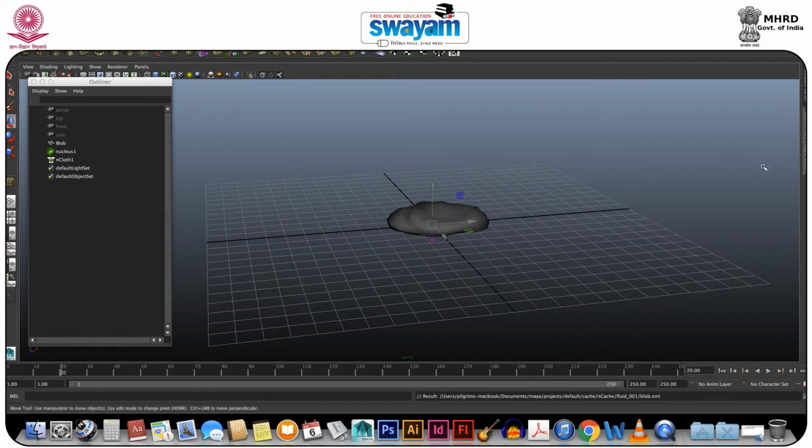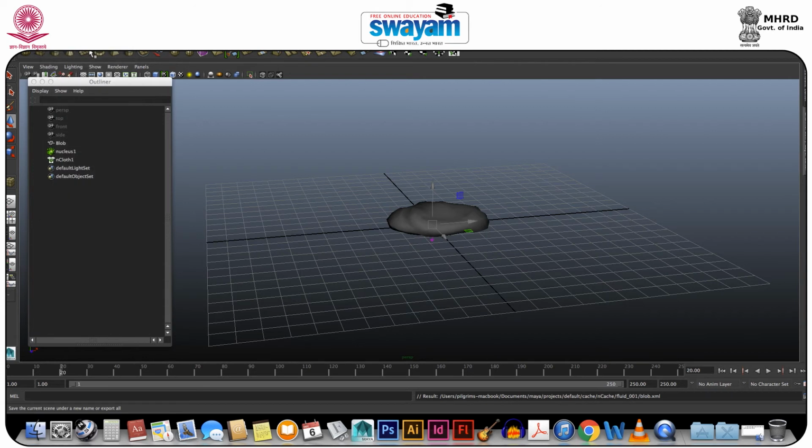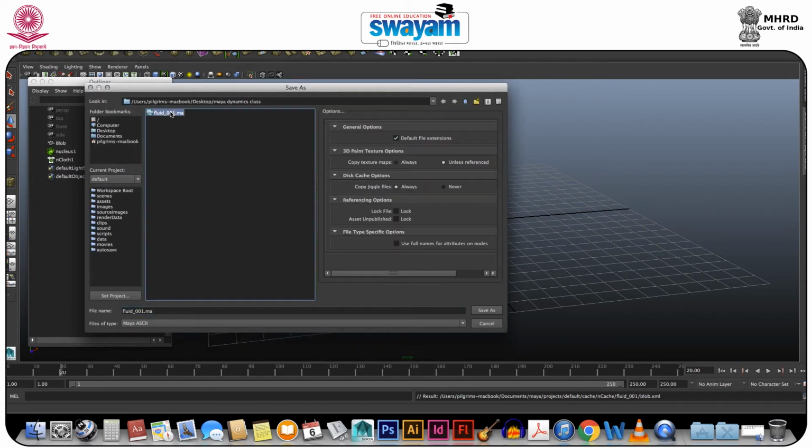And now we will move further. So in the next tutorial we will look more into its detail and its attribute editor, and we'll add some more modifications in this. So let's meet in the next session, and before going I will save my scene data and put another version in it,